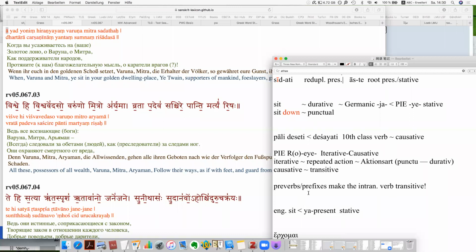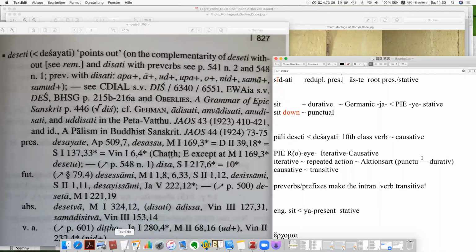Why? Because after you add this preverb, it will govern an object. So this preverb can, how to say that, govern the object, or it's